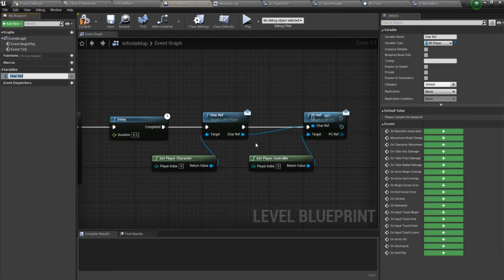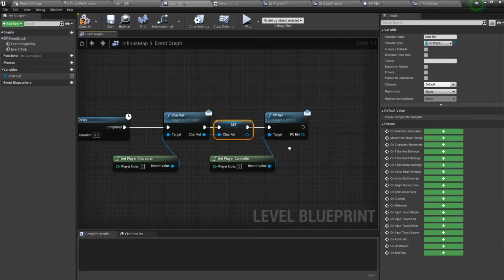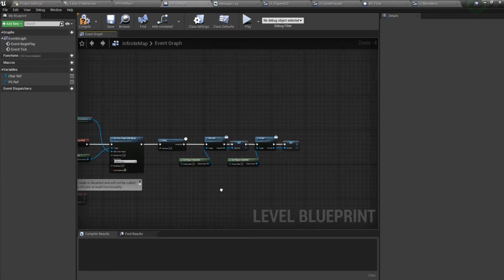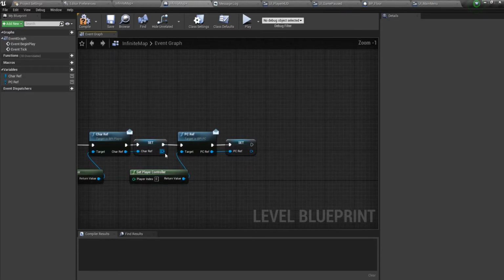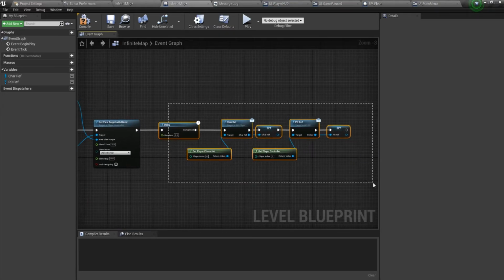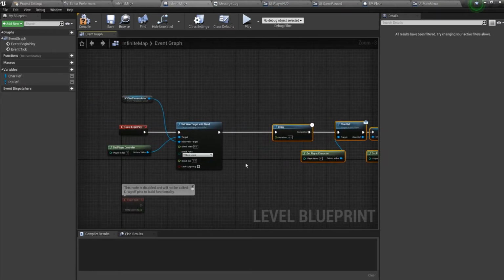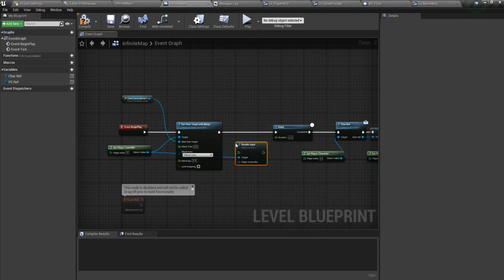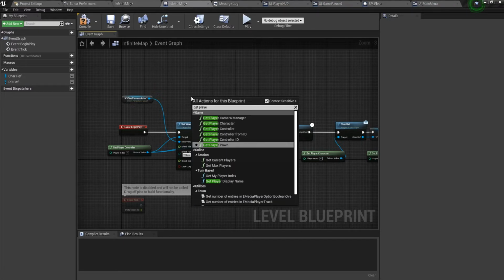We can promote this one to a variable, call it, it's already called character ref, and we'll just promote this one to a variable, PC ref. Okay, once that's done, before that you'd want to disable input for the player controller as well as the get player pawn,